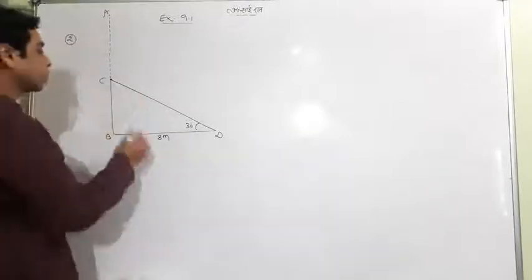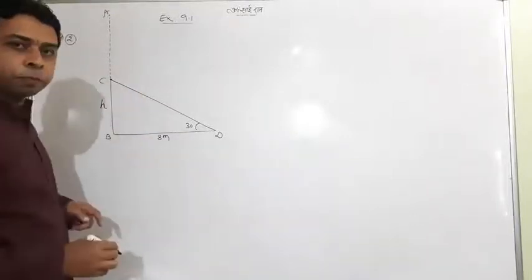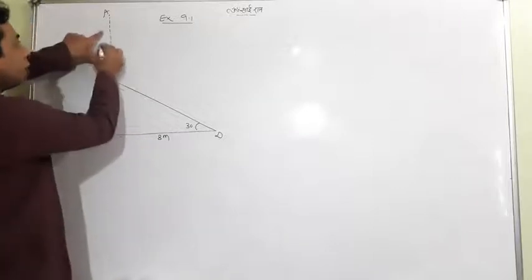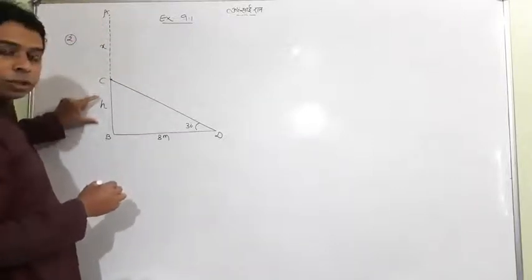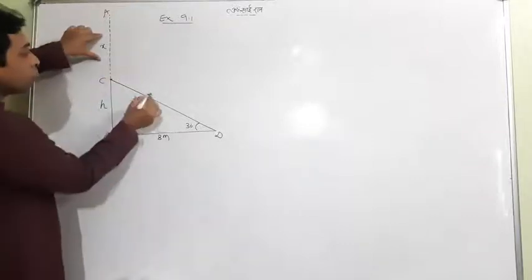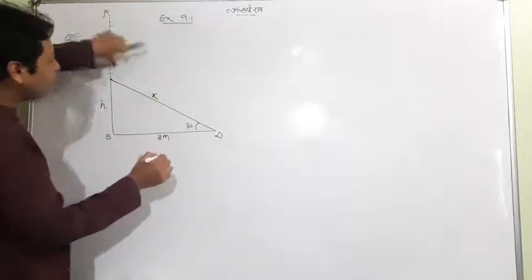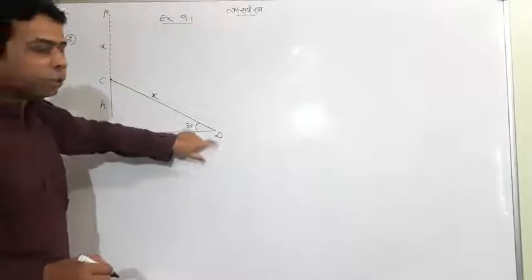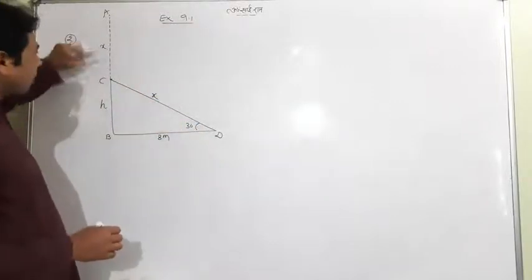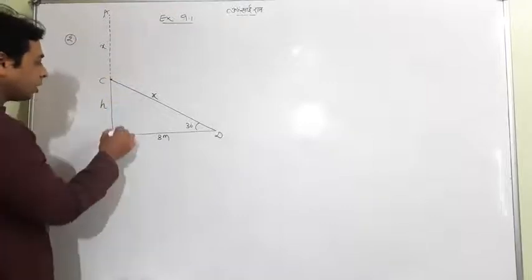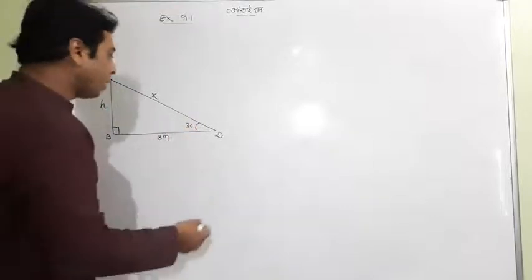Look, it is very interesting. Suppose AC is X and CB is H. So one should know that when it is X, it is also X, because only that part bends and touches at D. So these two are the same. So we want to find H plus X. So we need H and X both. So we have a simple triangle.